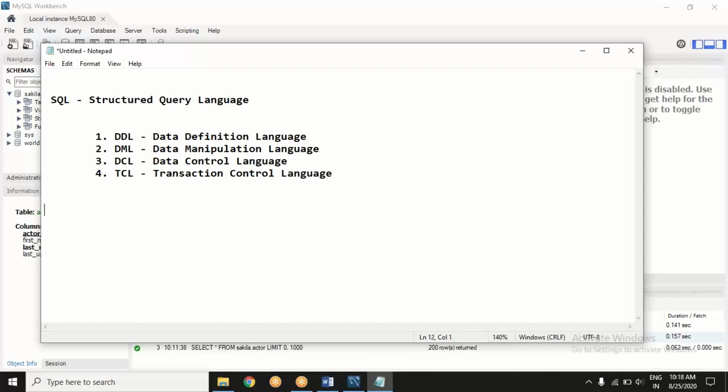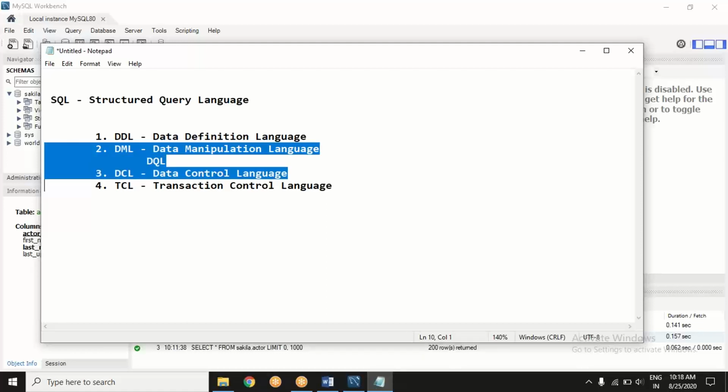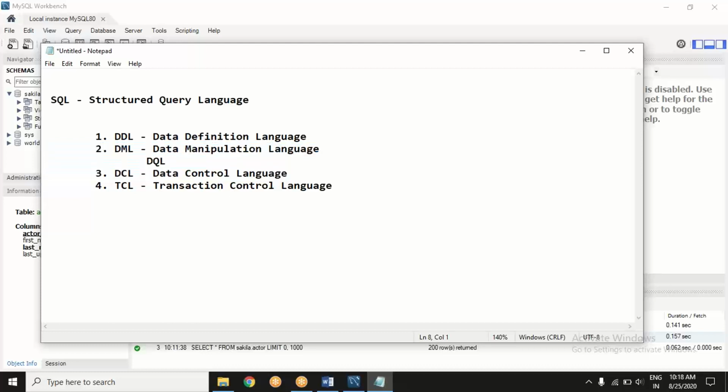Many of you seem very familiar with this terminology. Somewhere in between comes DQL, data query language. None of them is a formal thing. It is just that, along with time, they became popular, and when it is a matter of popularity, it is just how many people are agreeing to it. Basically, DQL is just a combination of DML and DCL.